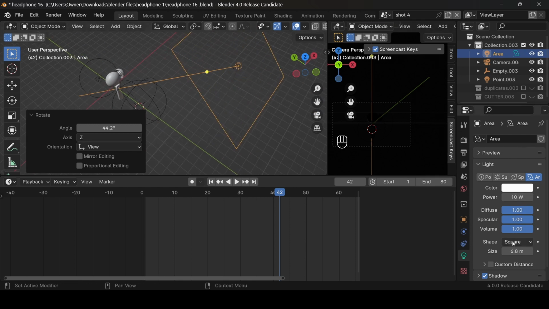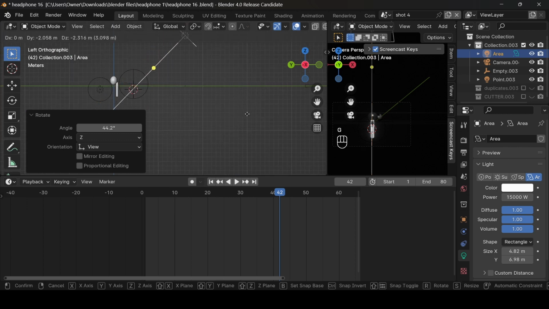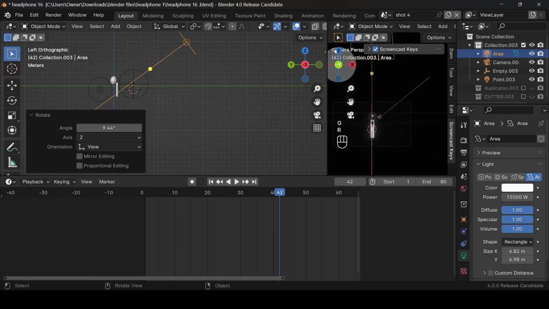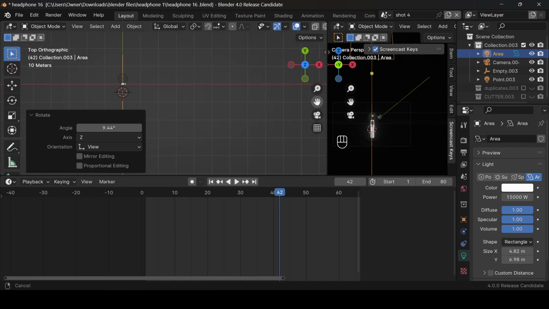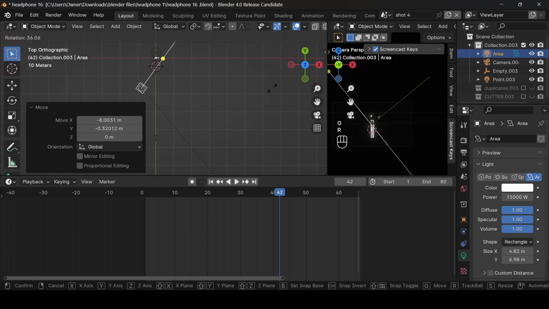Maybe this time around I'm going to change the shape to something like a rectangle, then maybe this side. Then for the power, I'm just going to use something like 15,000. Boom, and maybe you want to bring it a little bit in, and then I'm just going to bring this over to this side and rotate like that,